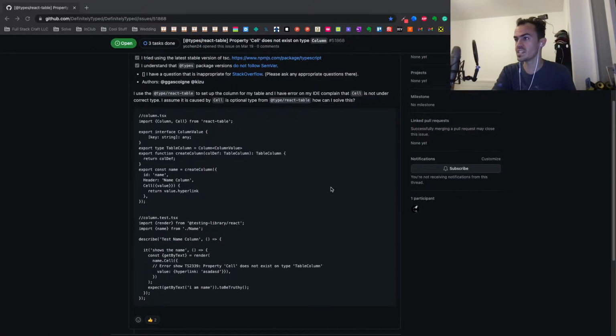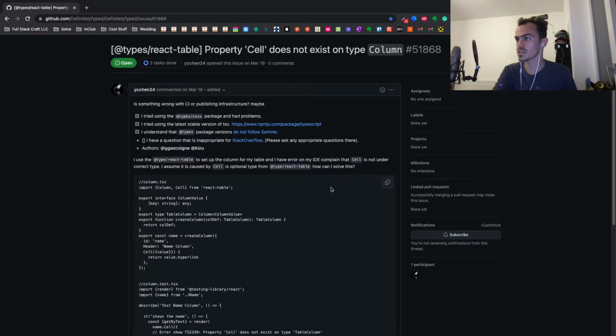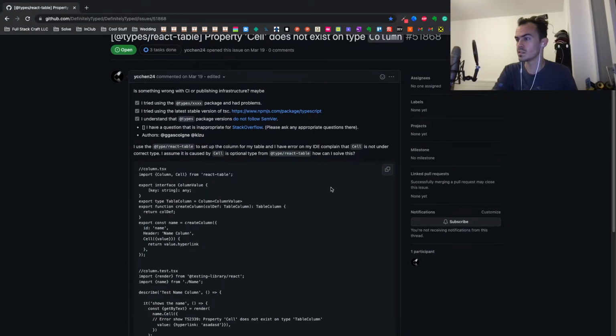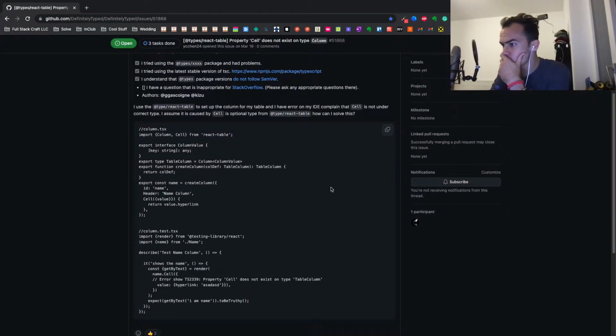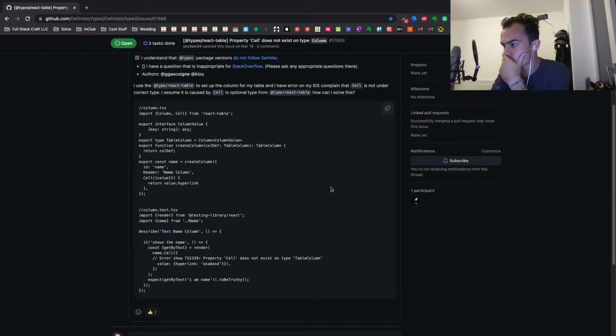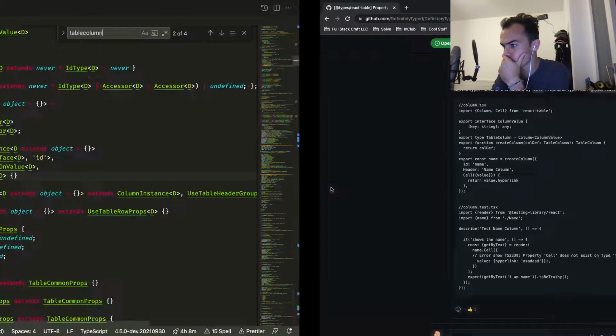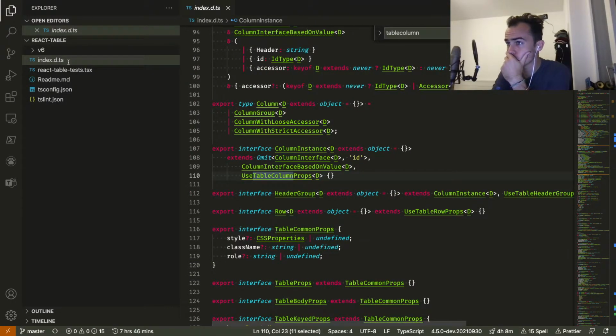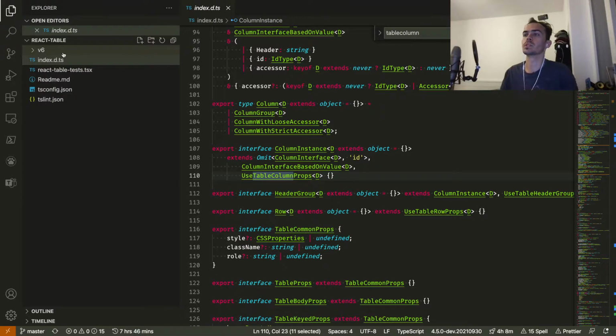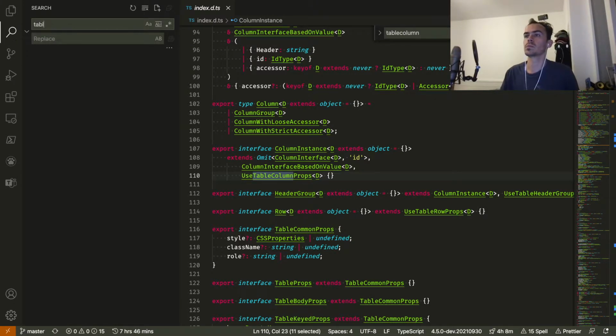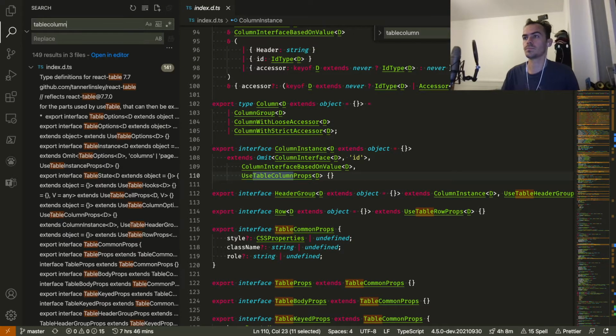Although there's a V6 in here, which is quite interesting. Property cell does not exist on type table column. Probably near, right? Table column.